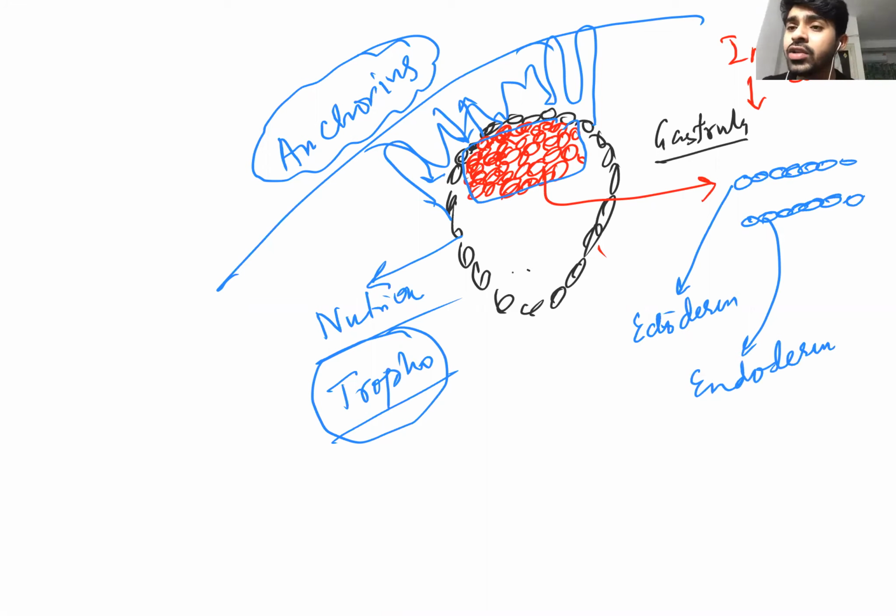Suppose all the cells are arranged in this way, forming endoderm and ectoderm. You have to remember that at last the jelly will come in the bread. If you want to make a butter toast, what will you take first? You will take the bread first, on either side. So ectoderm and endoderm will be formed first. This is an MCQ.